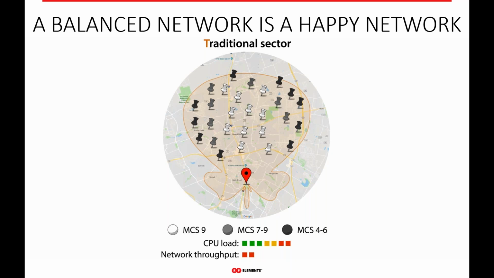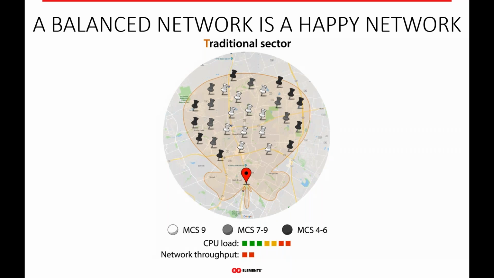So when you have a very large delta, a very large spread of different MCS rates on your radio, as you see depicted here, you have customers with MCS 9, some customers somewhere between 7 and 9, and then finally the guys on the edges and the fringe of your coverage sector down at 4 and 6. This really creates a huge CPU load on your access point,